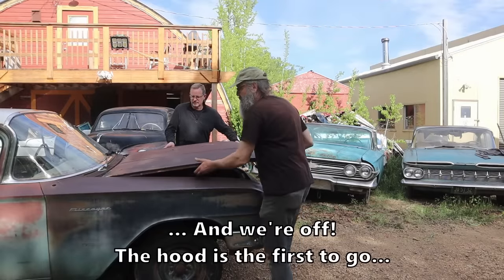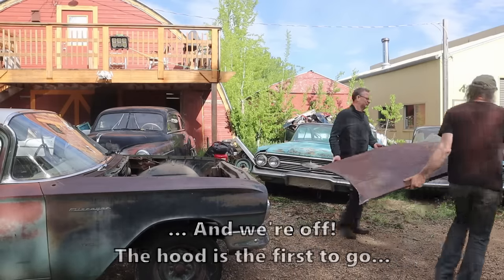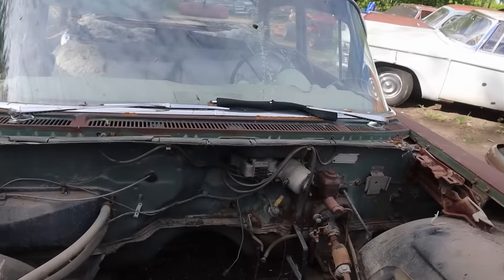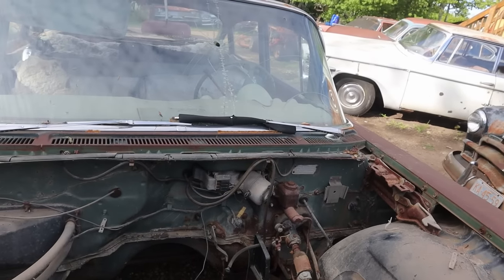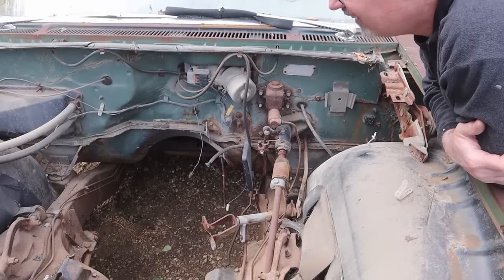Latched. Clean and dry. So we may get this apart and find that it's easier to splice the A-posts and leave this whole chassis and firewall and everything, because then we get the stick column and everything. We don't even have to change that, right? That's your Z-bar. There's your clutch, all your clutch stuff, yeah. So either way,